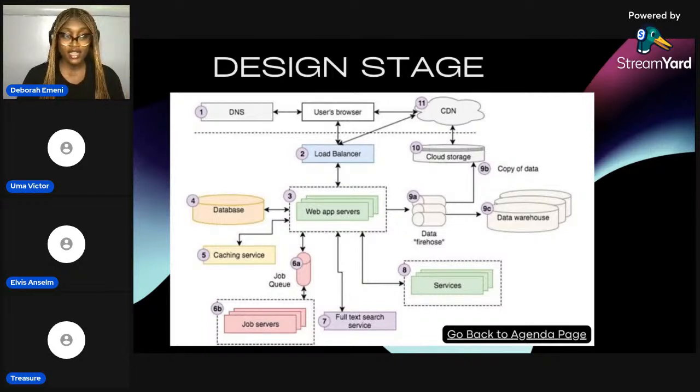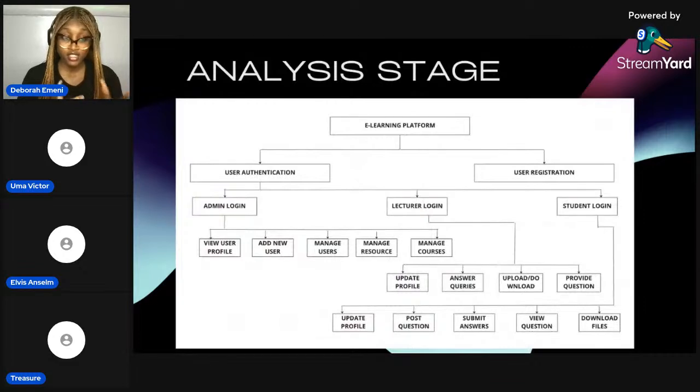So what goes in components like the database, web app servers, caching service, job servers, full text search service, data warehouse, data firehose, cloud storage, copy of data, the CDN, user browser, basically the details of that software architecture. Like I showed you earlier in the analysis stage, the software architecture for the e-learning platform is an overall component structure for the platform. There are no details. I just said user authentication,